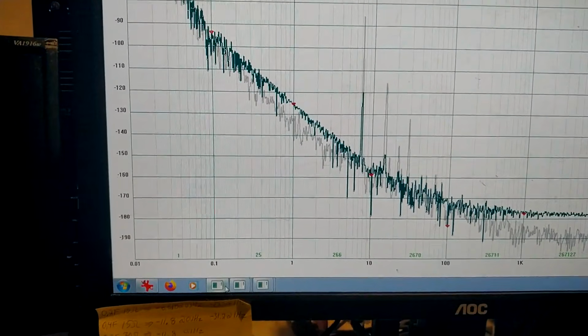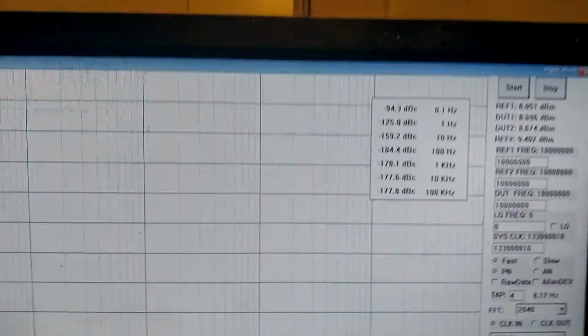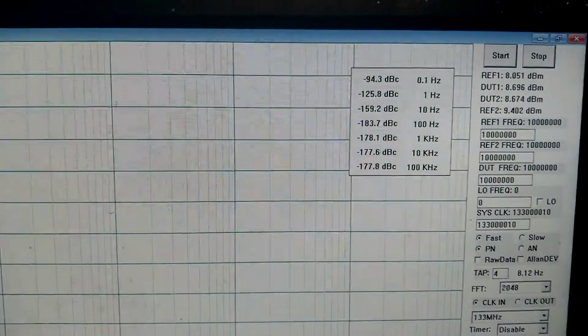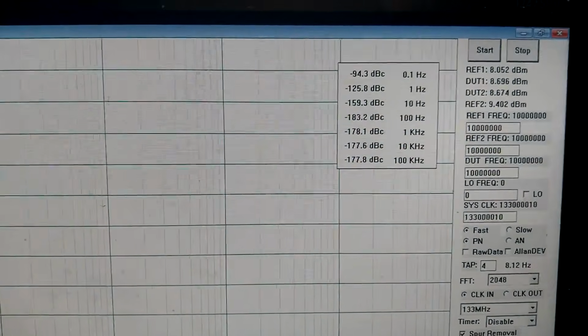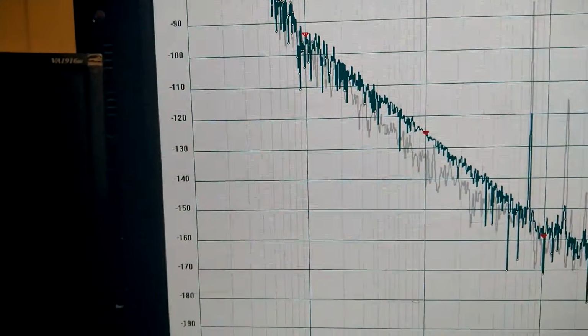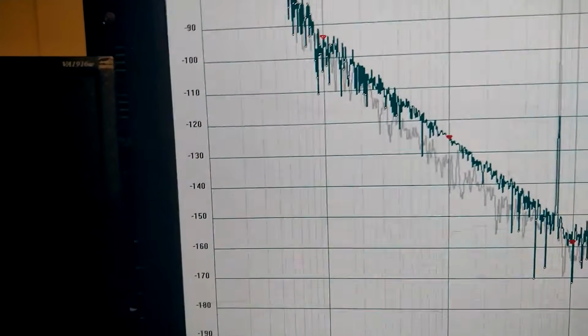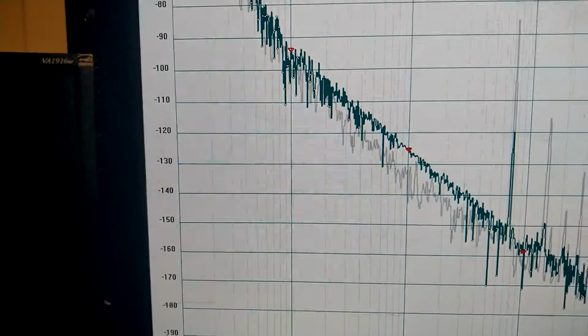And the PN2060 has been running simultaneously, and it shows me -125.8. And if I look at the curve,